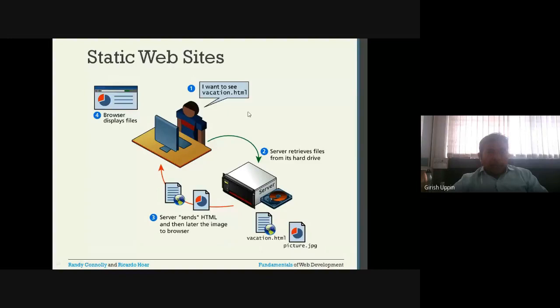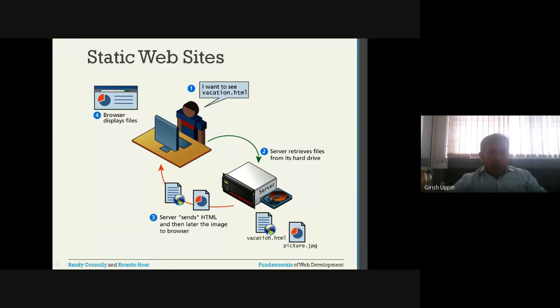This is an example of a static website. So this user is trying to access a certain web application, vacation.html. When on the browser she types vacation.html, a request is sent to the server. Server retrieves files from its hard drive, so it will get that vacation.html.